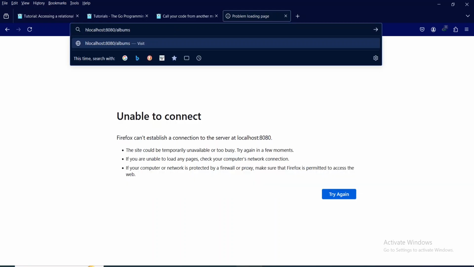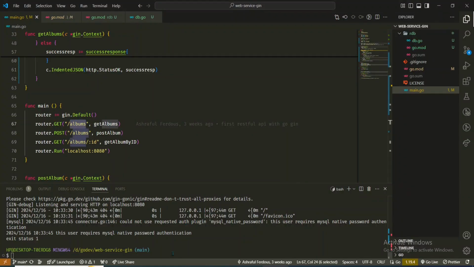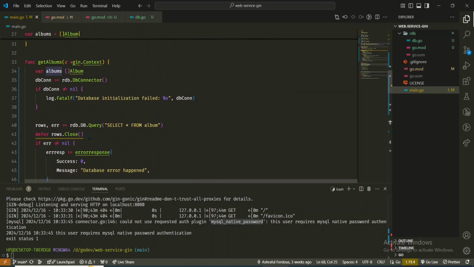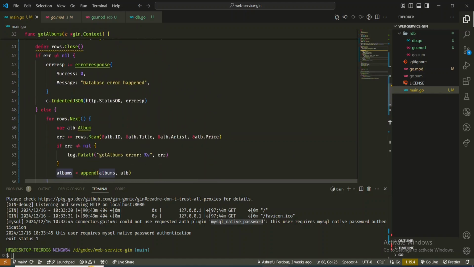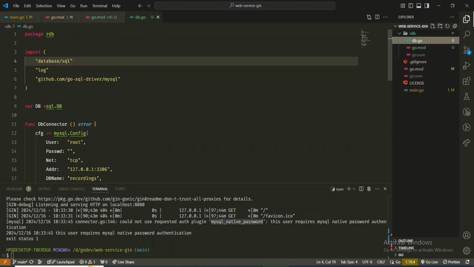Should I add HTTP? Yeah, there is a MySQL error. My native password. Yes, there was a